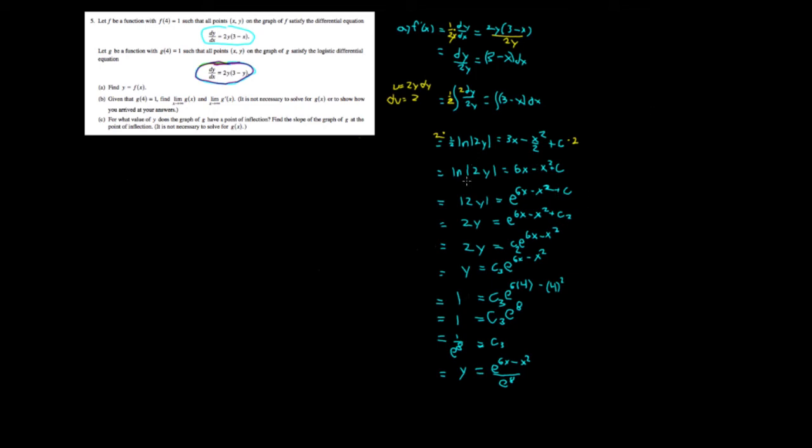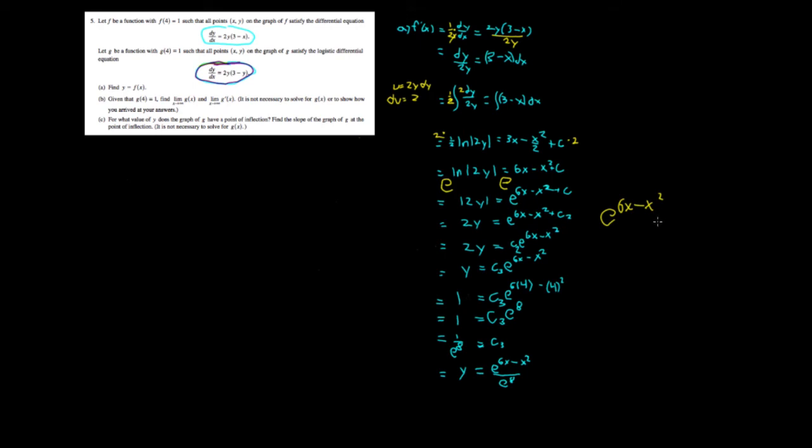And what we're going to do here is exponentiate everything so that we can get rid of that nasty natural log. And once you do that, you end up with the absolute value of 2y equals e to the 6x minus x squared plus c. And then we're just going to get rid of the absolute value bars and make this c2 over here. And then e to the 6x minus x squared plus c is just the same thing as e to the 6x minus x squared